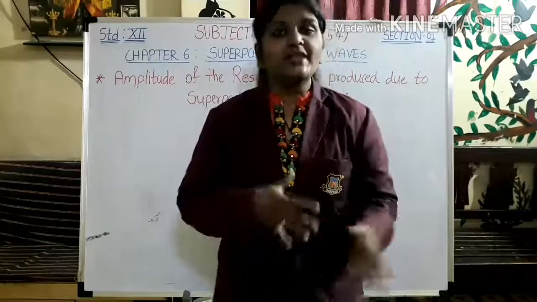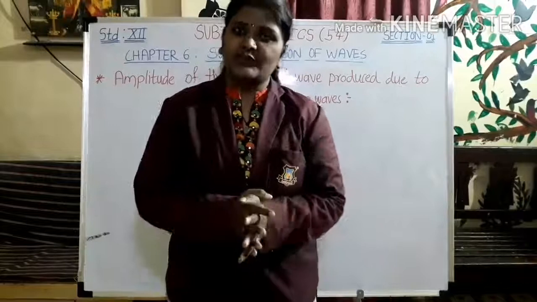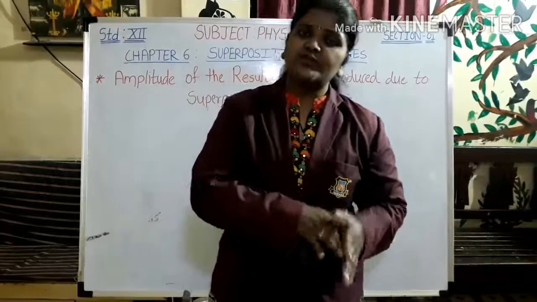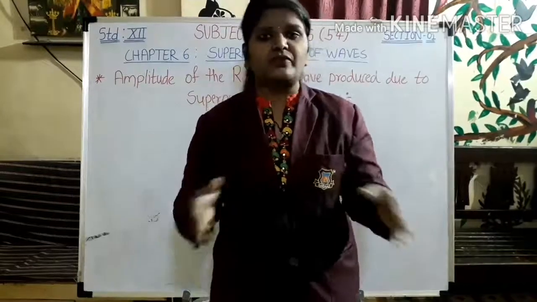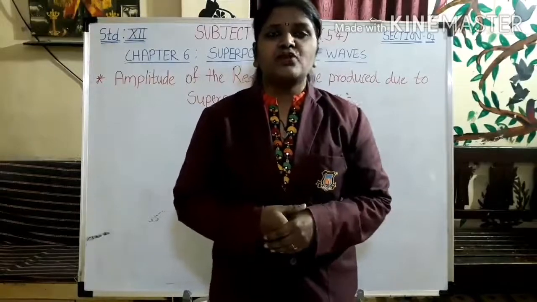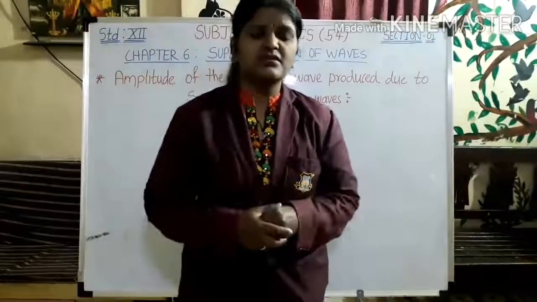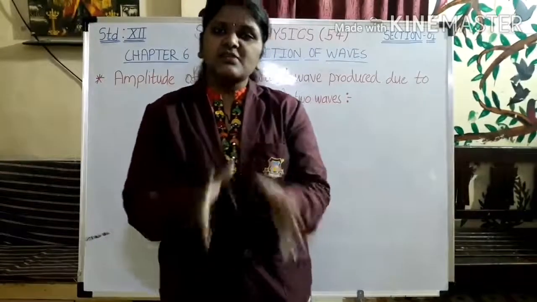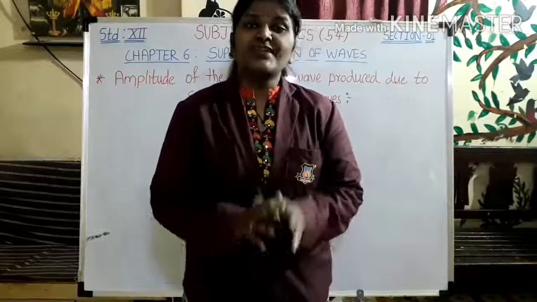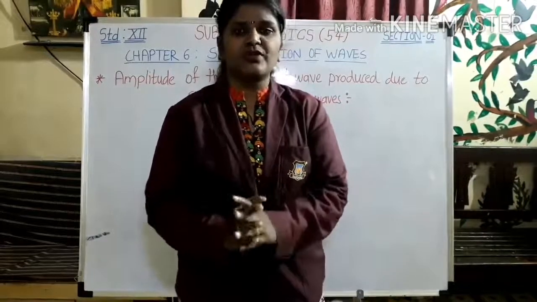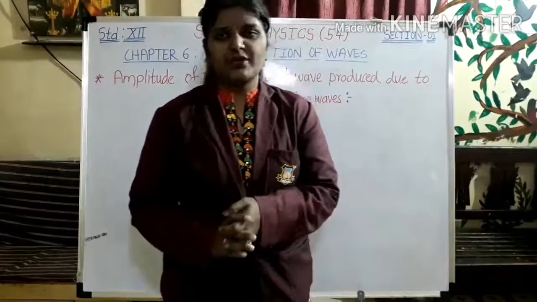We have even seen what happens when two waves of the same amplitude and same phase interact with each other. And we have seen what happens when two waves which have the same amplitude are out of phase. So after studying the superposition principle, we are here with the next point, and in this particular video we are going to study the resultant amplitude. What exactly happens to the amplitude when two or more waves interact with each other? That we are going to find out.